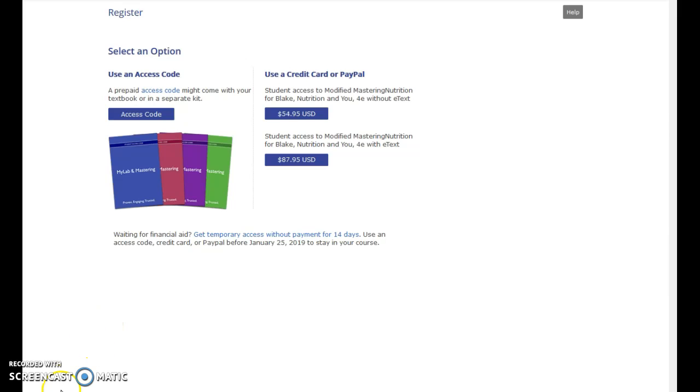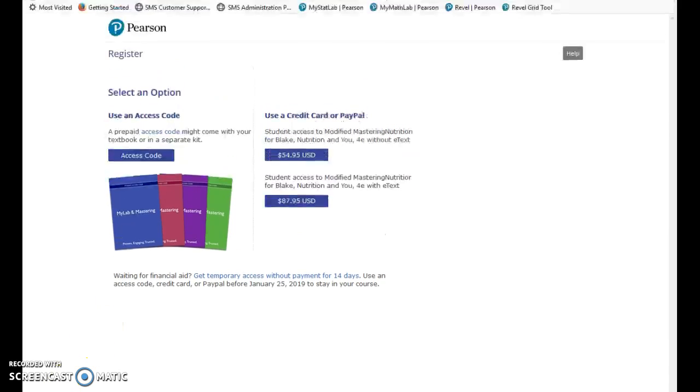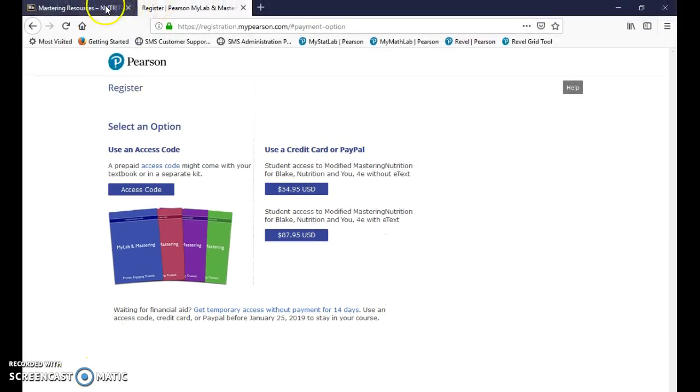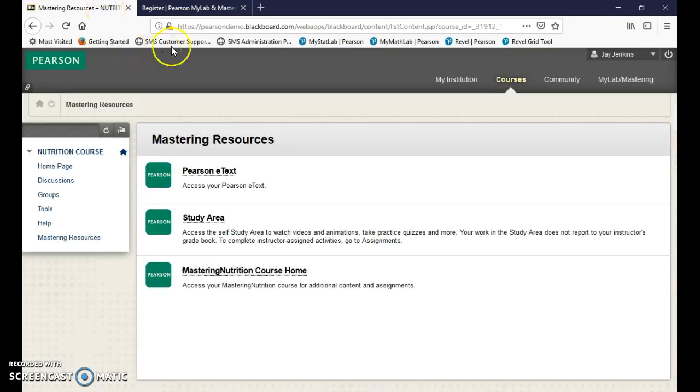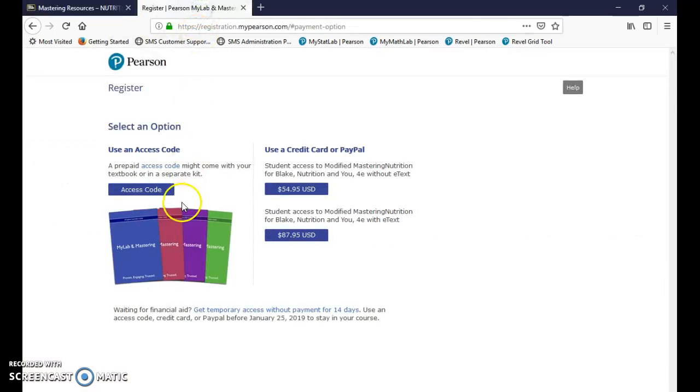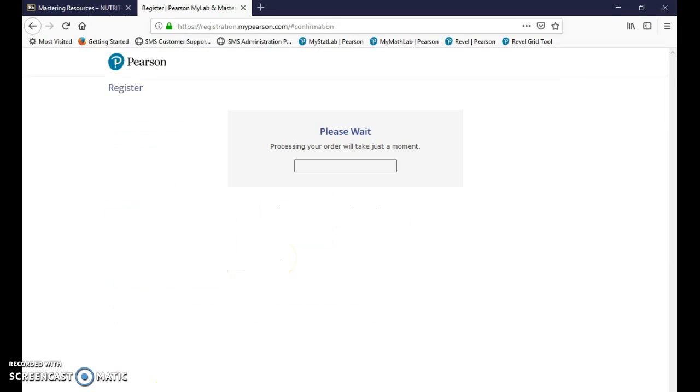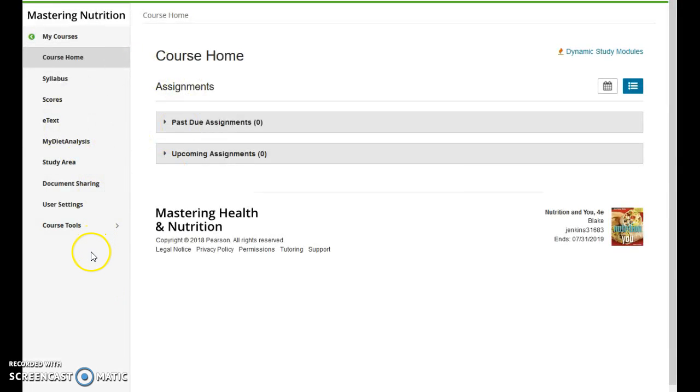The mastering resources may open in a new tab aside from the Blackboard tab, which you can see right above here. So our Blackboard course has now opened into our Pearson side of things. And I'm just going to use temporary access for right now. I have now crossed over into the